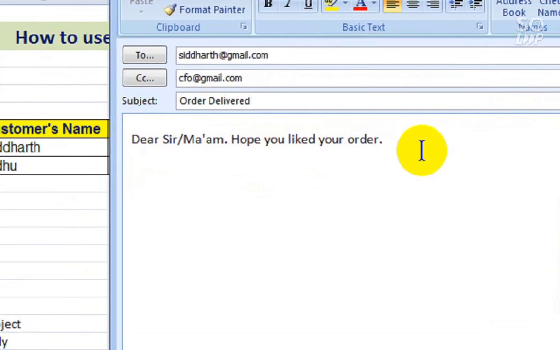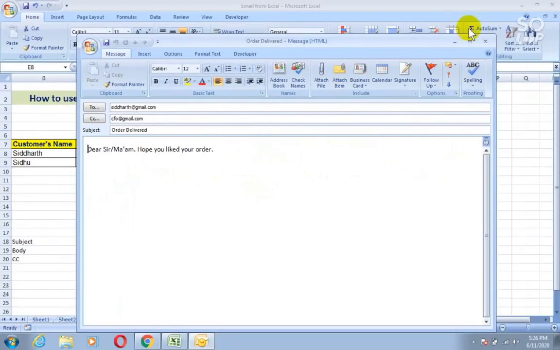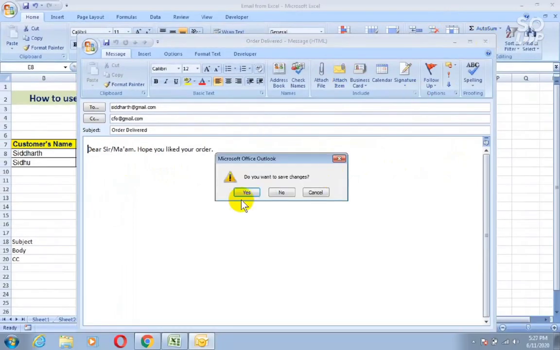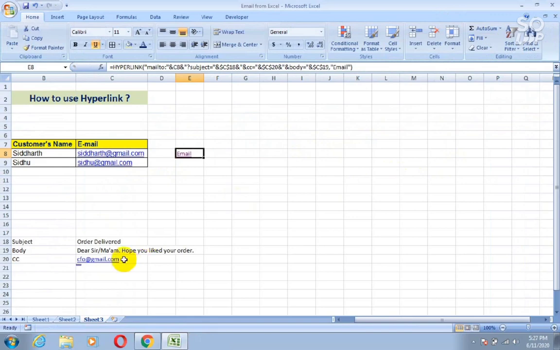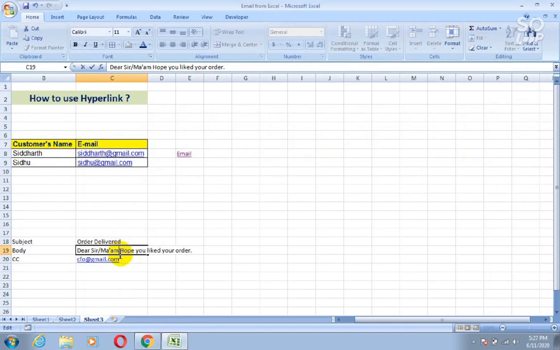Now if you want to type hope you liked your order in the next line, simply make some changes in your body, that is in C19 cell. Simply type %0A before hope you liked your order and then press enter.